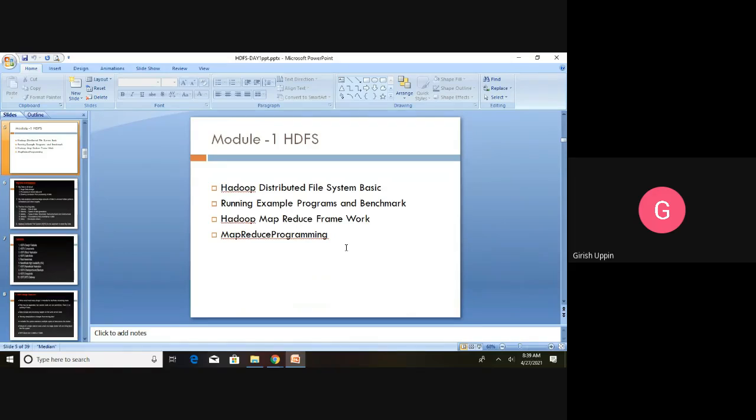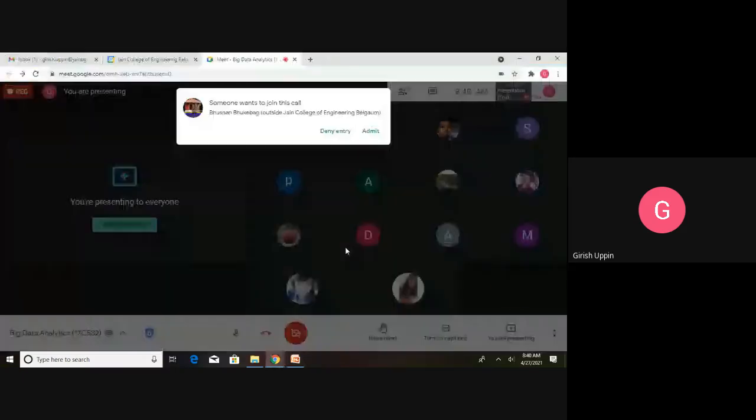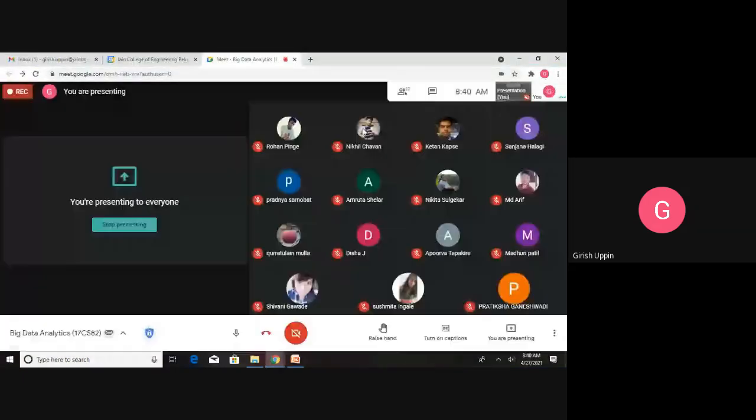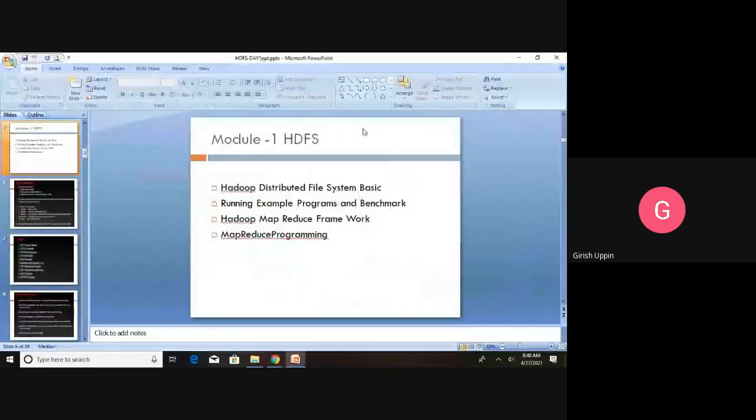Before we begin with the HDFS basics, let us try to understand what big data is. Whatever data is getting stored, we can store in different ways. One way is the relational database, where the data is very structured, and we can run queries on top of that and get the results.